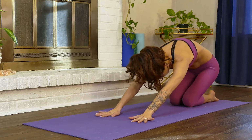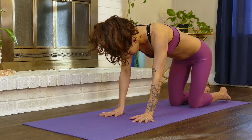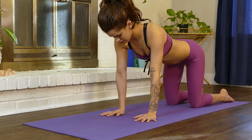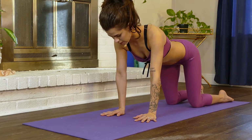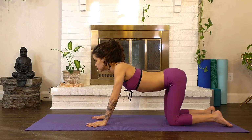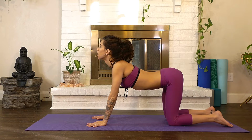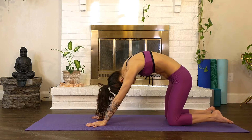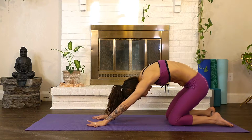And inhale, come up to all fours. Find your foundation, shoulders directly above wrists, hips directly above the knees, and take a few rounds of cat-cow here. So inhale to drop the belly, look up. And as you exhale into your cat, just sit the hips back a little bit, like halfway down to